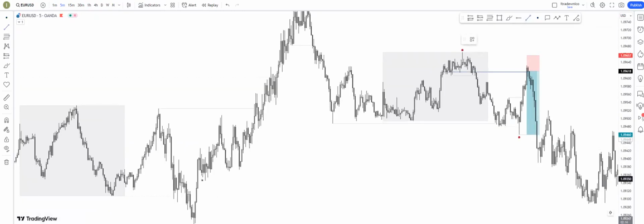Notice this build-up of lows. I will be more confident inside my session to just exit if I want to hold a trade to this internal range liquidity, because ask yourself what's gonna happen if the market is bearish. Well, if the market is bearish, it's just gonna drop straight and even take out our low right here. But what's gonna happen if the market is bullish? It's gonna drop, take the internal, and go up.